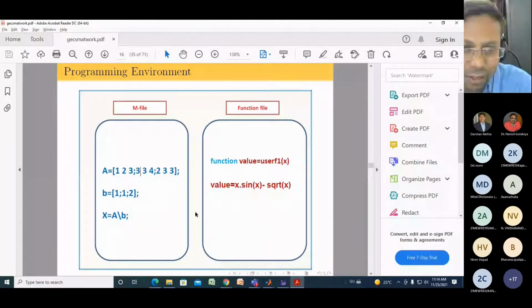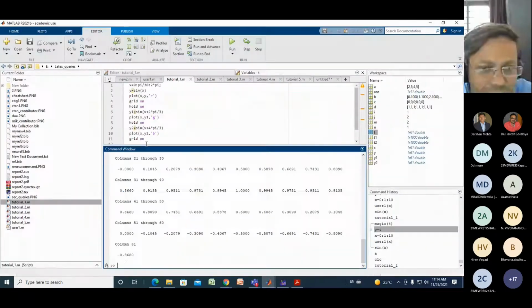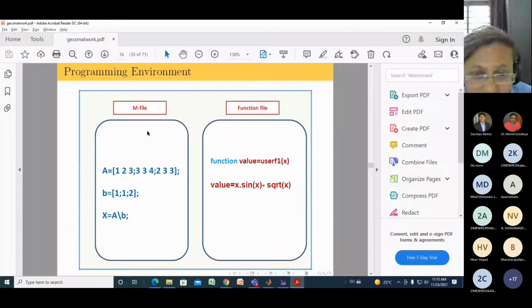Okay, now another facility or attribute of MATLAB is programming. So you know MATLAB provides two kinds of programming. The first one is known as the M file. Any MATLAB file is saved with the extension .m. So here you have a MATLAB file. It's not any other file, you can see it's a .m. The meaning of that is it is a MATLAB file. So if you have any file with the extension .m, you need to understand it's a MATLAB file. This is known as the MATLAB file.